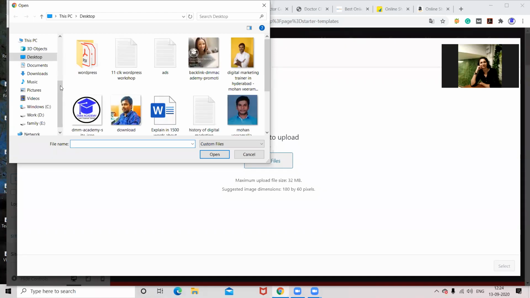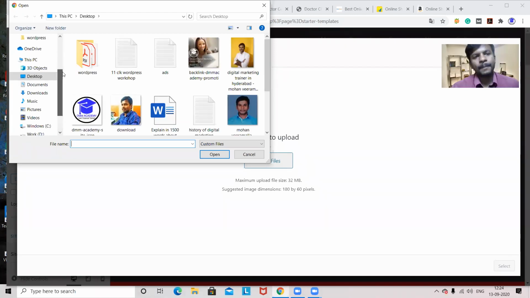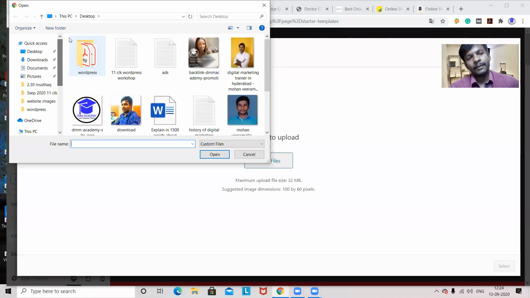Don't know, sir. So generally, you can take 150 by 150, but sometimes what will happen? If you take 150 by 150, it will be in a square format. Sometimes that square will fill the complete space of your menu, and that will look like a broad menu. So take a rectangle shape, that will be better. A rectangle shape will have less space in the header section and it will have a nice look.